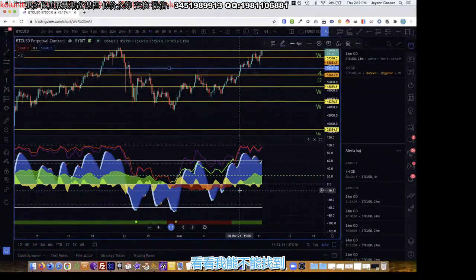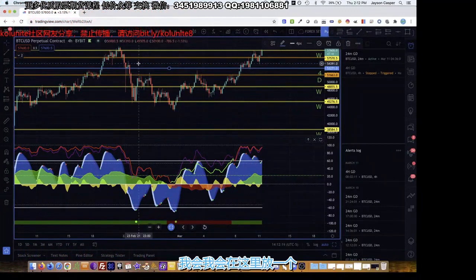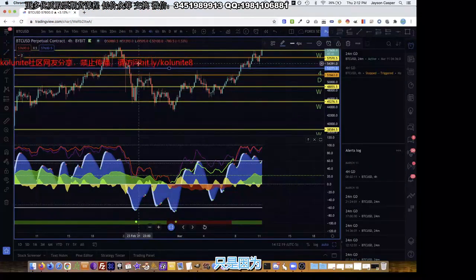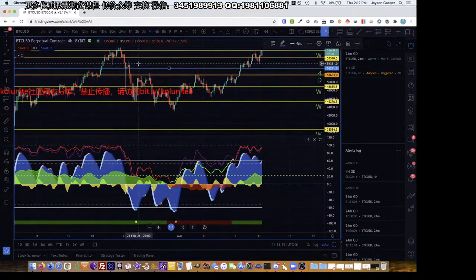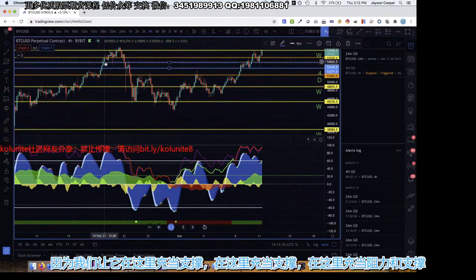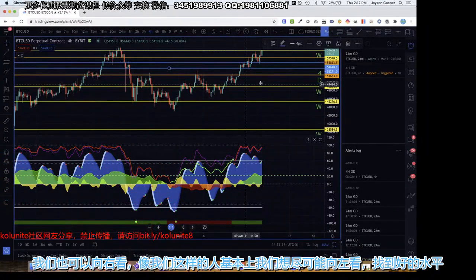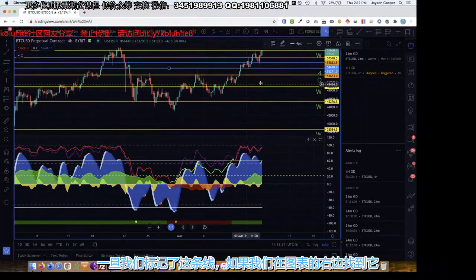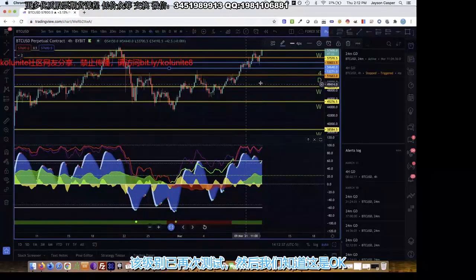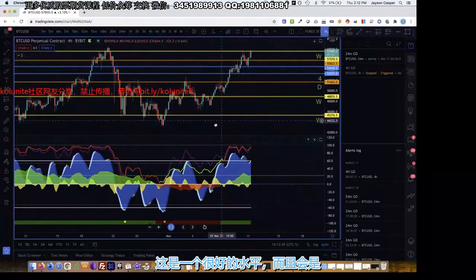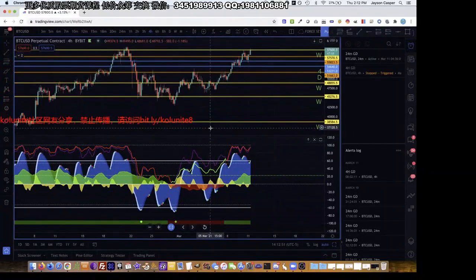And let's see if I can find any other levels. I would put one right here as well, because we have it acting as support right here and support right here and resistance and support right here. And we can look to the right also, guys. We want to look as far left as possible and find good levels. And once we mark that line, if we find that over on the right of the chart that level has been tested again, then we know, okay, this is a good level